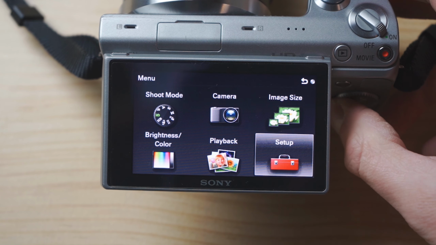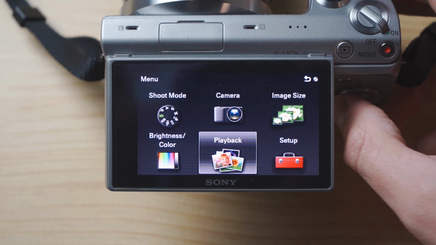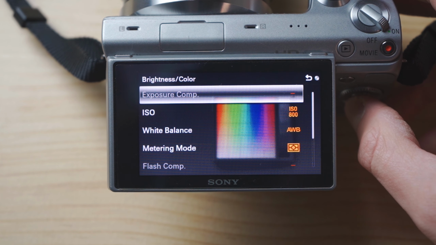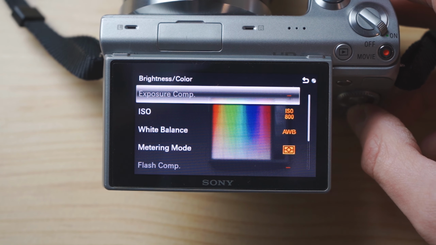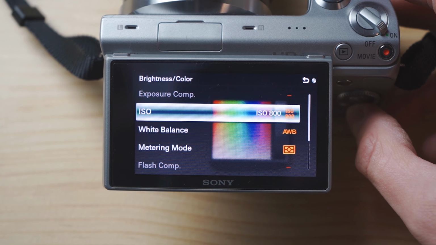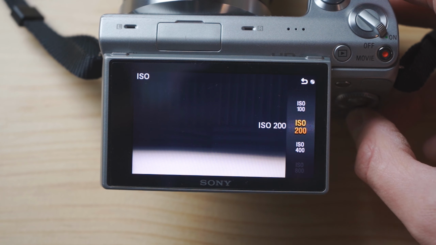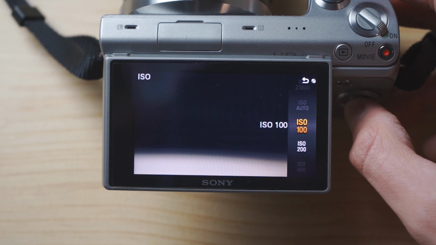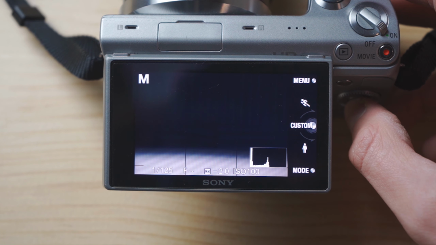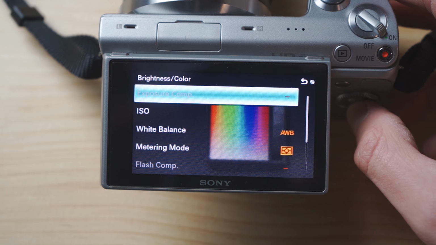So now we're going to head over to brightness and color, and this one's got a couple things to change and focus on in here. So first things first, don't worry about exposure comp, and head down to ISO. So ISO is really important. Always keep it as low as you possibly can. Now the lower the ISO, the darker the image is going to be. Higher ISO, the brighter. But also the higher ISO is, the more noise and the blurrier kind of the image